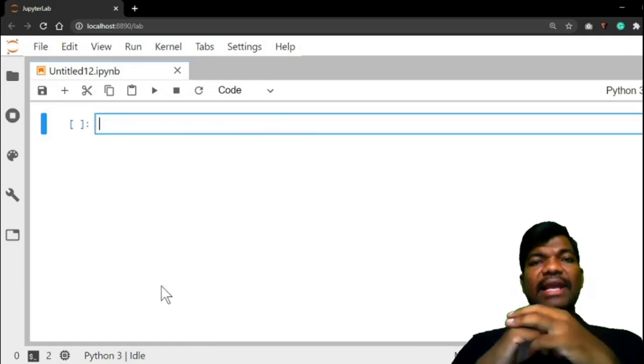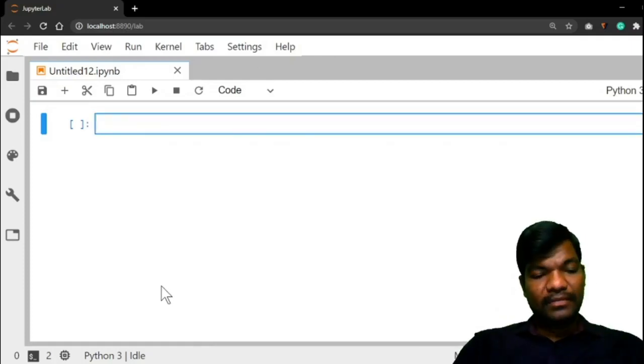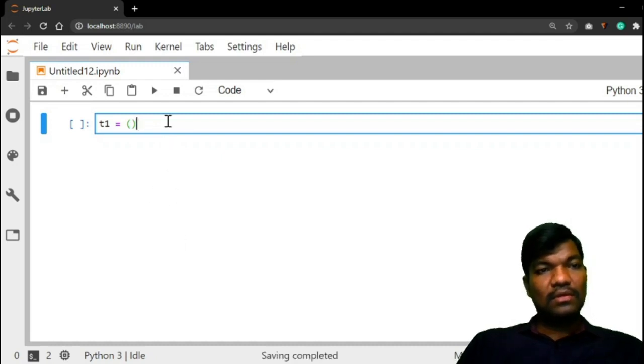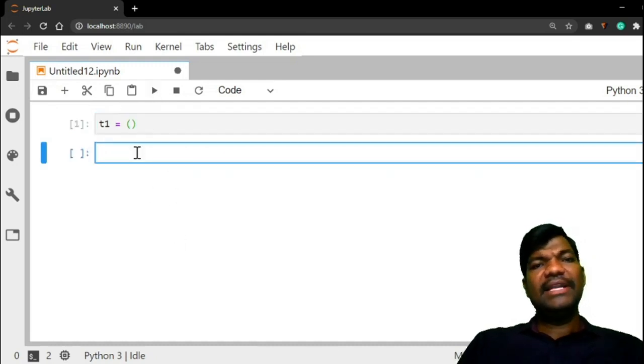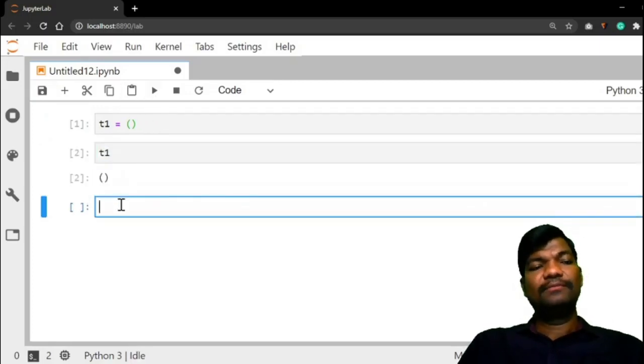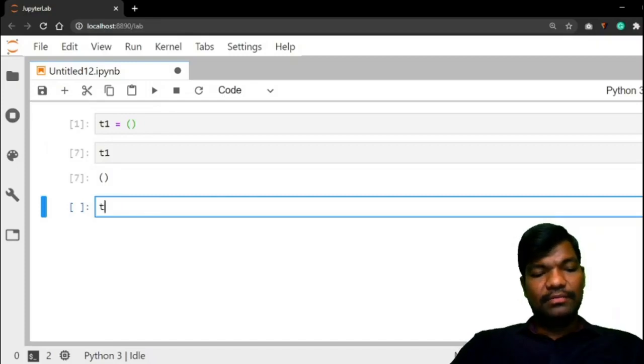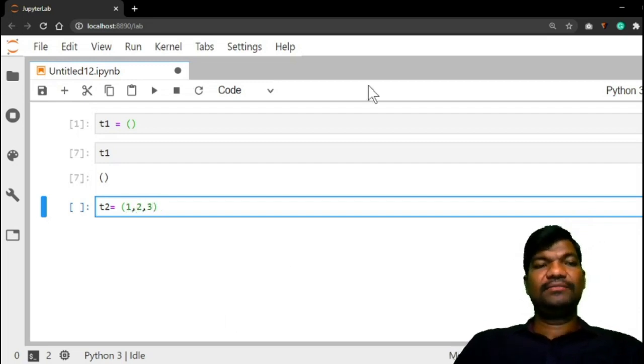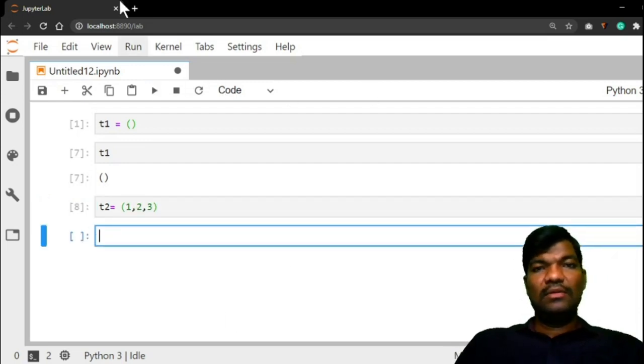First, creating the tuples. T1 equal to, so create a tuple. It is an empty tuple, right? So what is T1 here? It is an empty tuple. Now create T2. T2 equal to 1 comma 2 comma 3, like that, right?